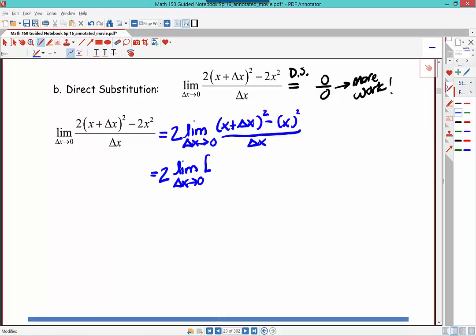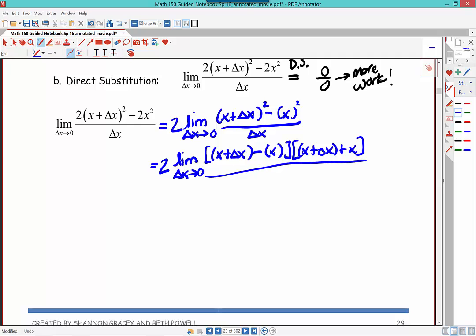Now our first quantity being squared is x plus delta x, and then we'll have minus x. And then the next one would be x plus delta x plus x. Good so far? And that's all over